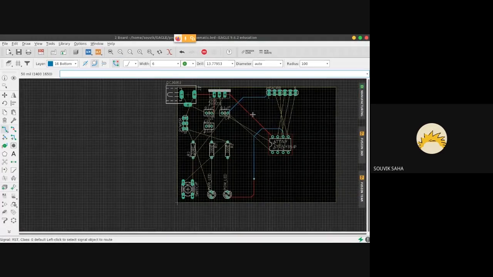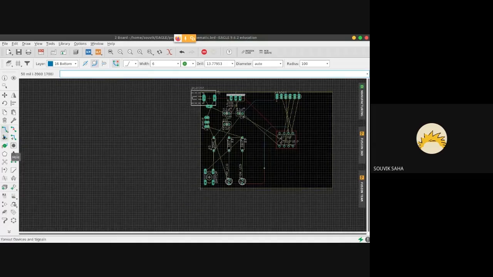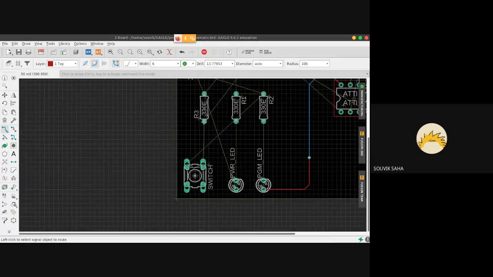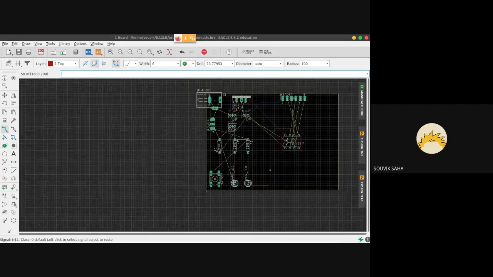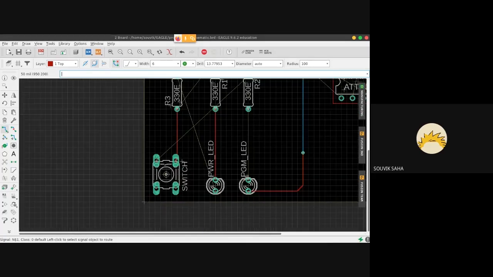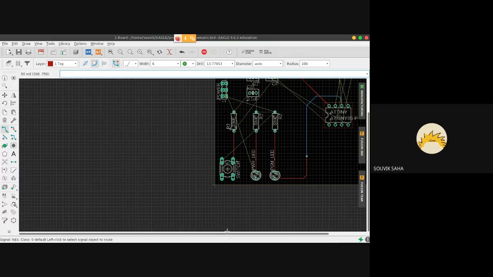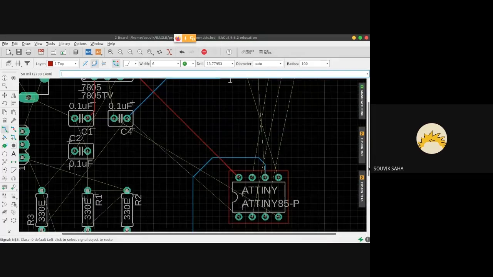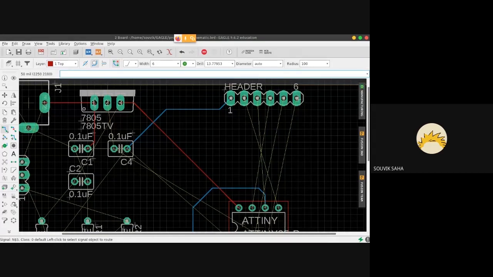So I'll quickly try to route this as fast as I can. You all continue on your own design. And don't route the ground pins at all, please. I need to show something.